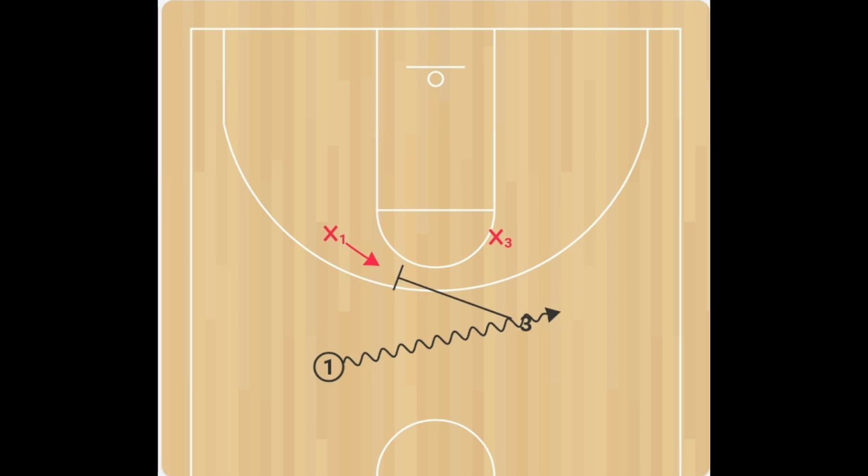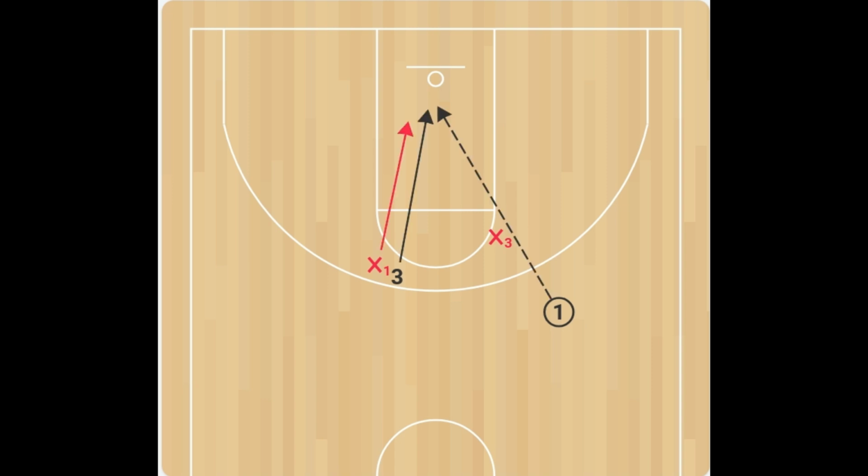So here we'll get to see an illustration of the play. So 3 sets the screen, 1 is unable to get around it, which leads us to the next part where 3 now has this mismatch. They have the lane, whatever else. They're able to get in. Remember, 1 is likely much smaller than them, and we have an easy pass into the paint for a potential